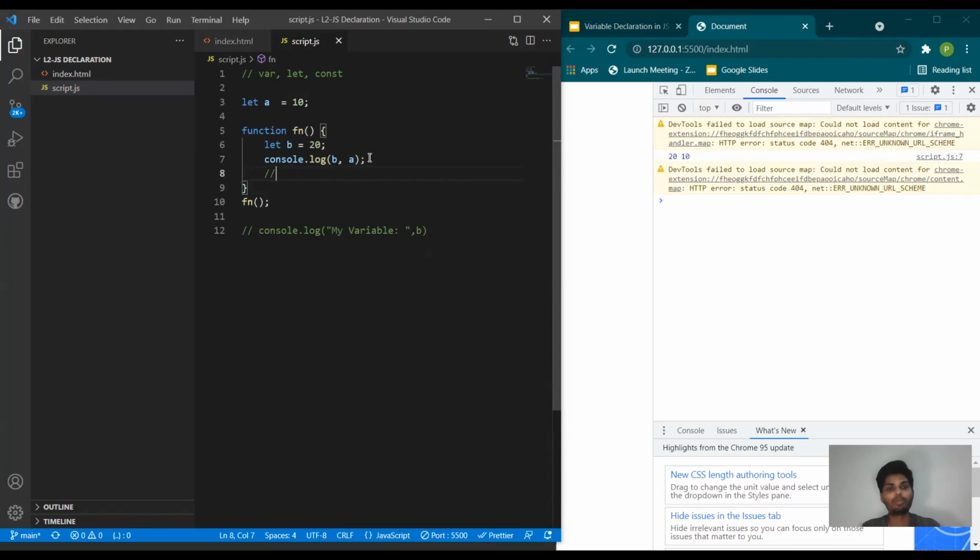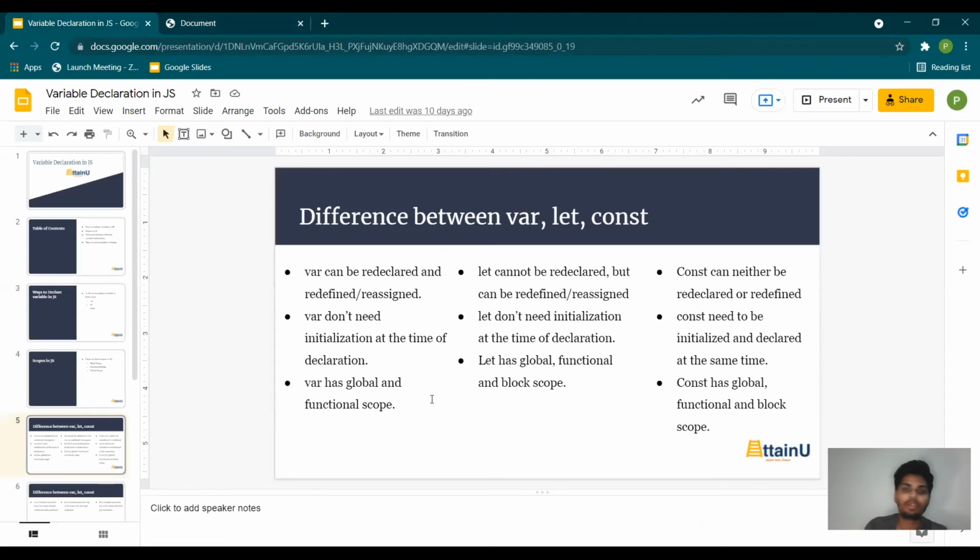We'll talk about block scope in future videos, because we haven't read about functions and if else conditions yet. You can easily remember that var is global and functional scope, whereas let and const both have global, functional, and block scope as well.